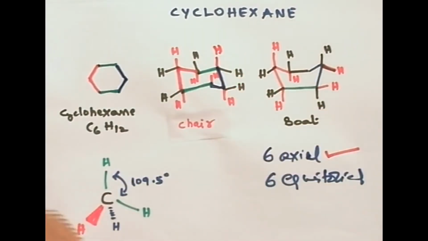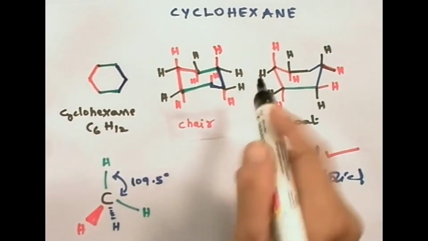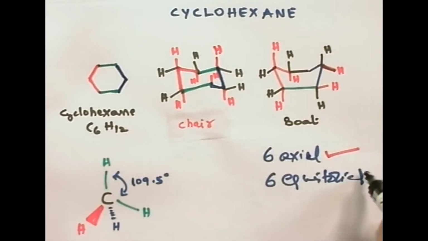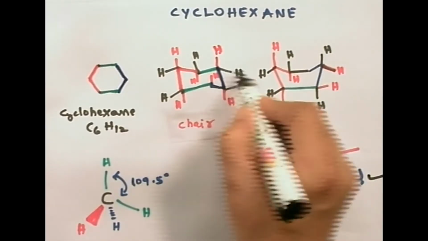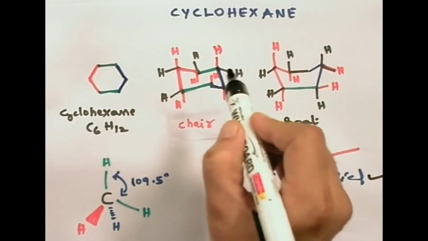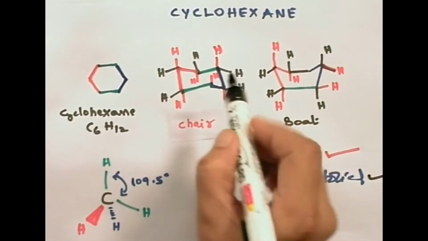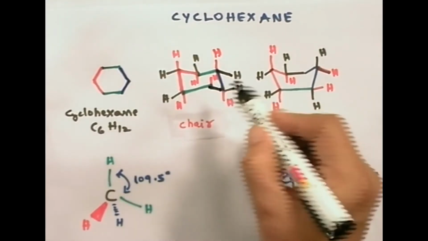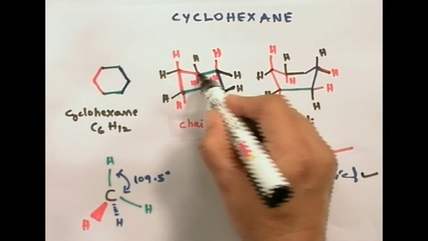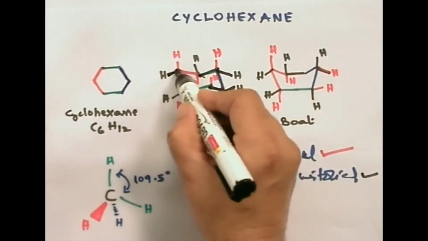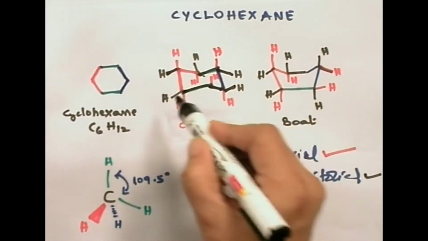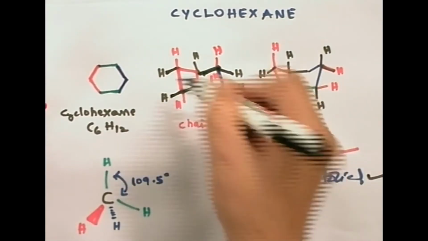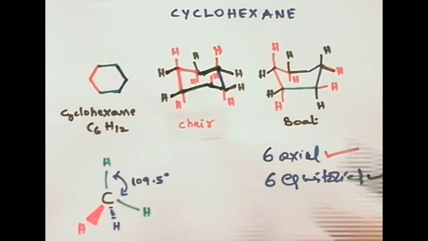And then come the equatorial hydrogens, which are parallel to the equatorial axis. I have put these in black. These 6 equatorial hydrogens are very simple to understand. Here, see, this and this are parallel, this and this are parallel, and these are parallel to one another, and here it is parallel to this. Like that you can write the equatorial hydrogens.